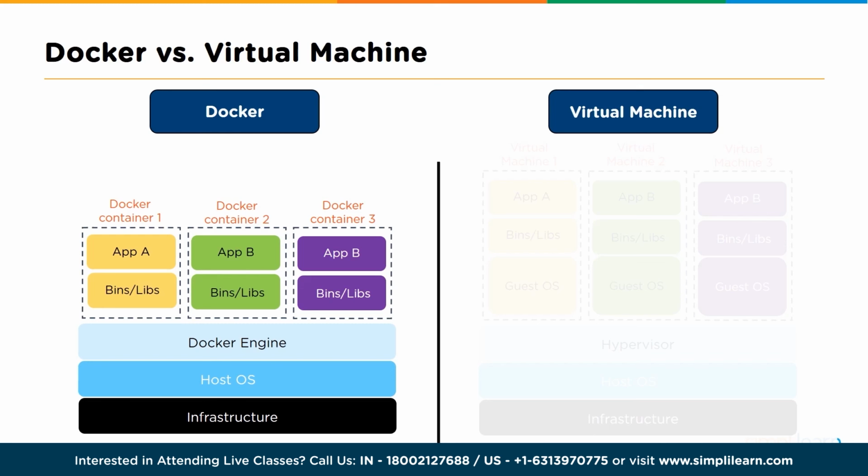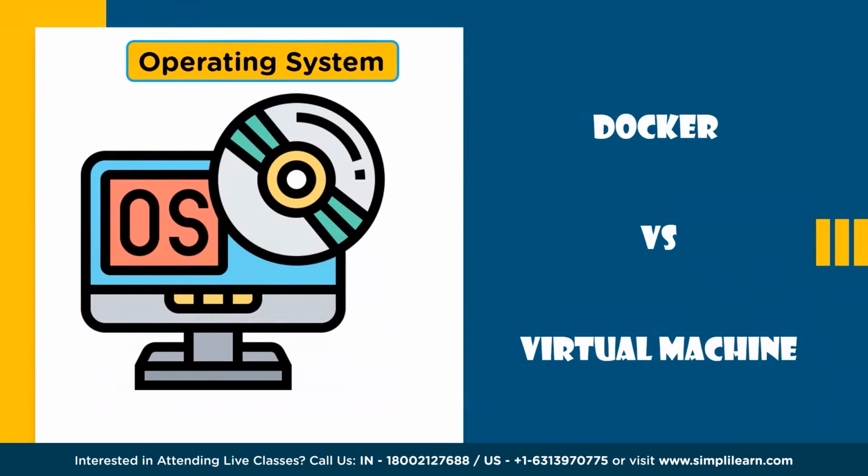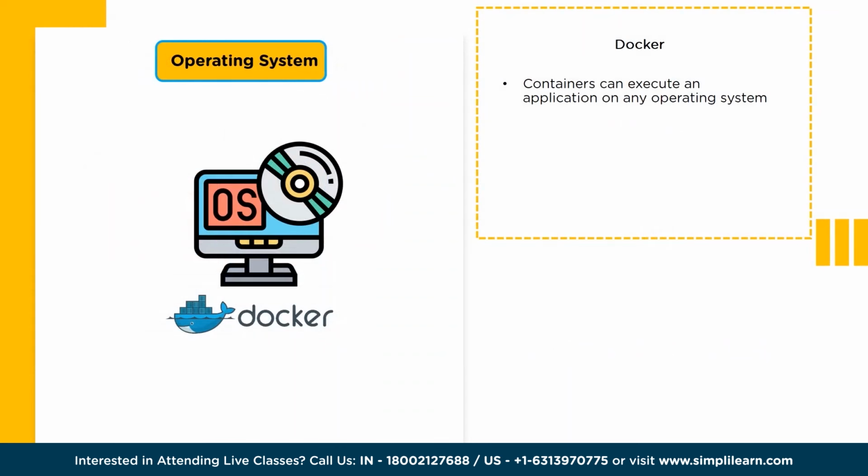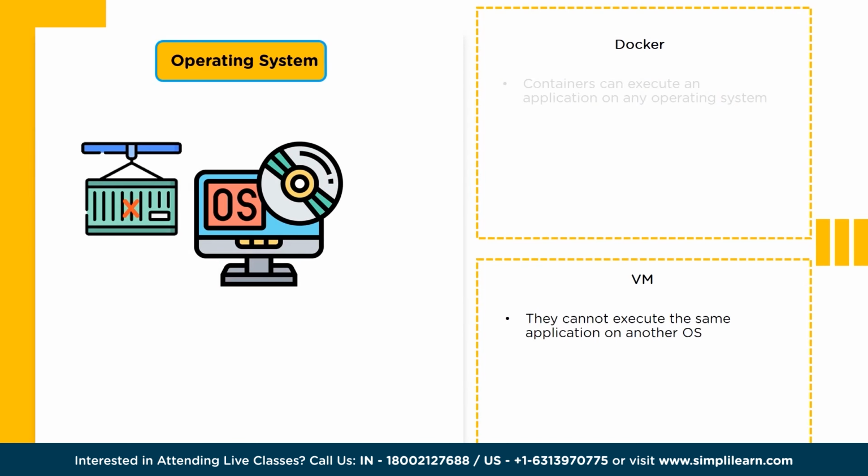Now, let's have a look at the significant differences between Docker and virtual machine. Let's start with the operating system first. Docker is a container-based model where containers are software packages used for executing an application on any operating system. On the other side, virtual machine is a hypervisor-based model. It utilizes user space along with the kernel space of the operating system. A kernel space is where the core of the operating system runs and provides its services to the user. A user cannot modify this space, and user space is the portion of the system memory in which the user's